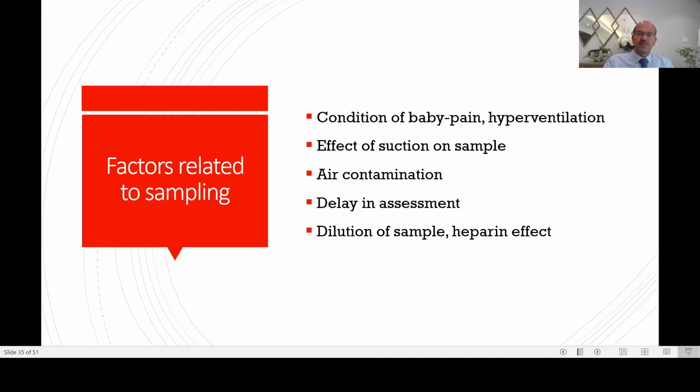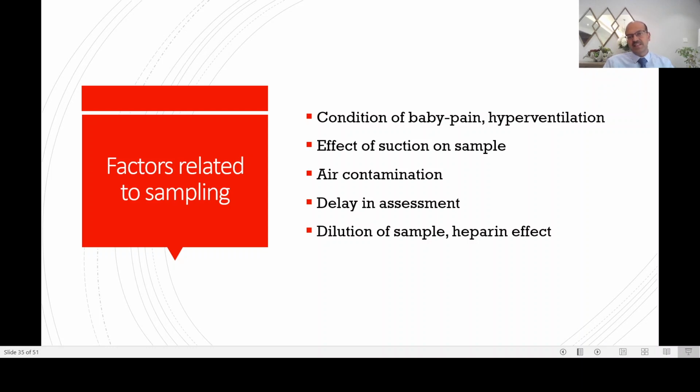For example, if you feel there is noise, it's a very poor reflection, because you need to allow the secretions to persist in the airway for a long time before you can hear the conducted sounds increasing. So if you're planning to do the suction, do it first before you sample, because otherwise you take a blood sample for the gas, you see that the carbon dioxide is high, and then you wonder, could it be because of secretions, and you suction and you repeat the sample again, which is a wasted effort. So discuss with your team and time it appropriately. About 15 to 20 minutes after the suction is enough time for the equilibration to happen.